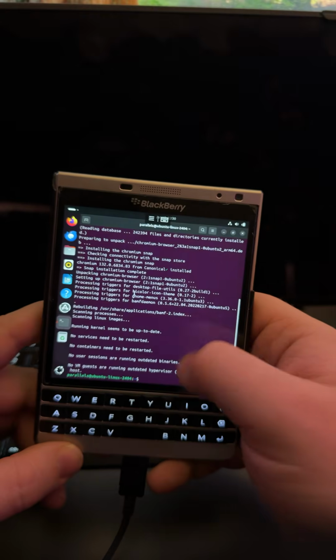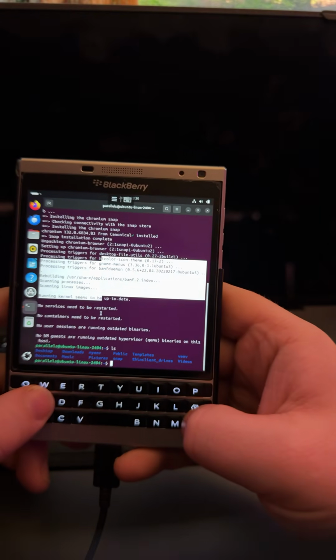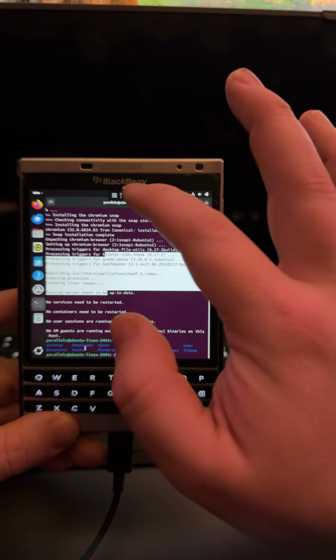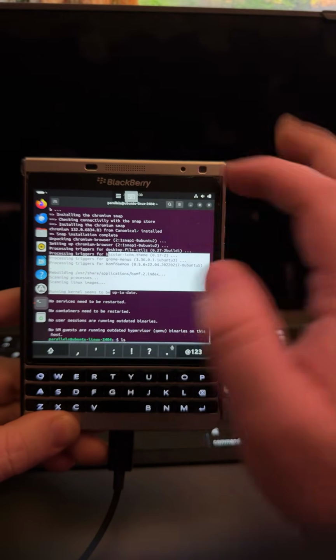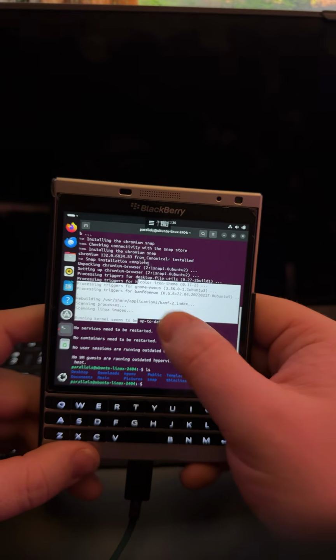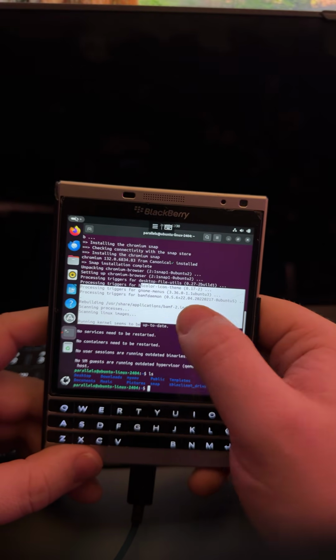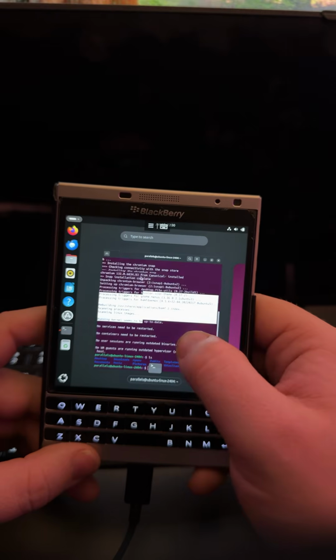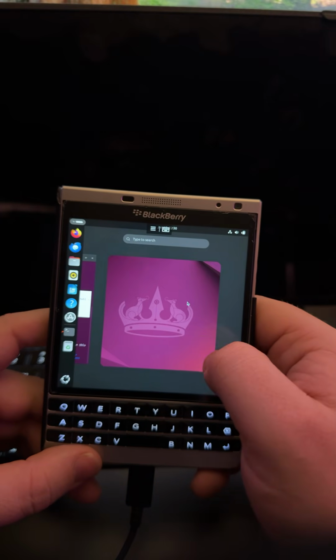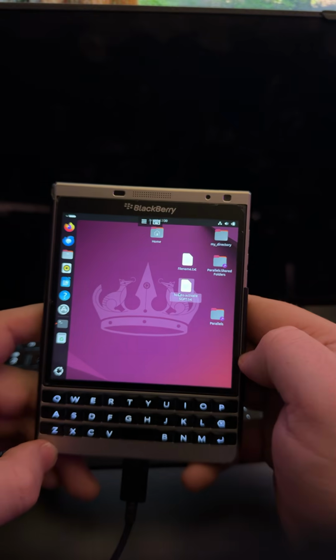Now the really cool thing about the Passport is you've got the keyboard, right? And you've got all the commands that come with it. So I can pull up my menu bar here, and I've got my special keys. It's a really great way to use a Linux desktop. And this is one of the reasons why I keep doing so much development on the Passport and just BlackBerry